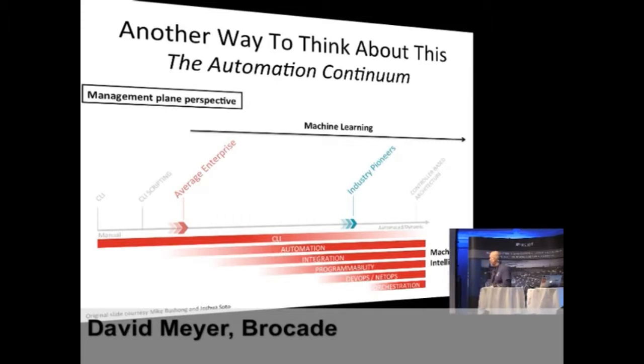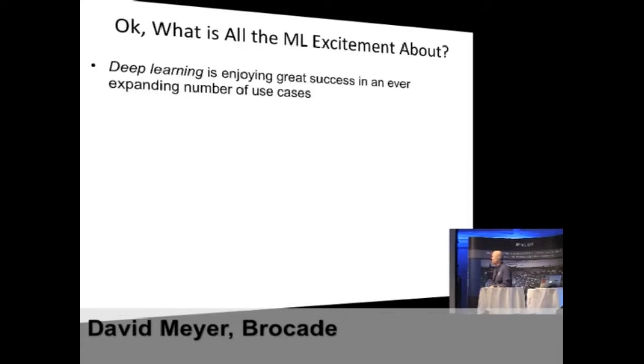Okay, so what is it about? Why is it machine learning? Well, deep learning is a kind of machine learning, and I'll explain what it is in a second. But it's what's enjoying this great success. And it seems like it's an overnight success, but it's an overnight 40-year success. But the number of use cases is out of control. These are multi-layer neural networks. So they're just big trees of what are called artificial neurons. So it looks like this.